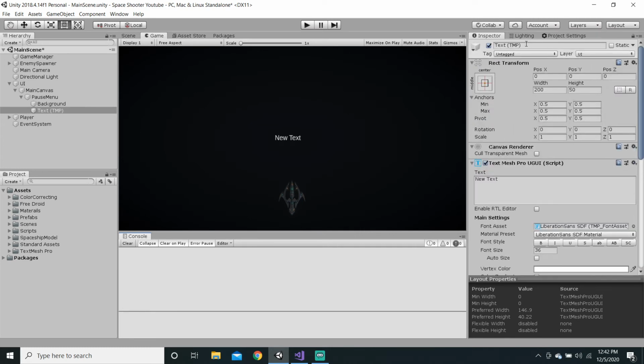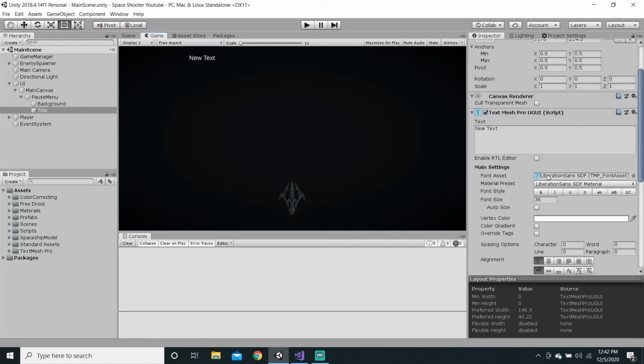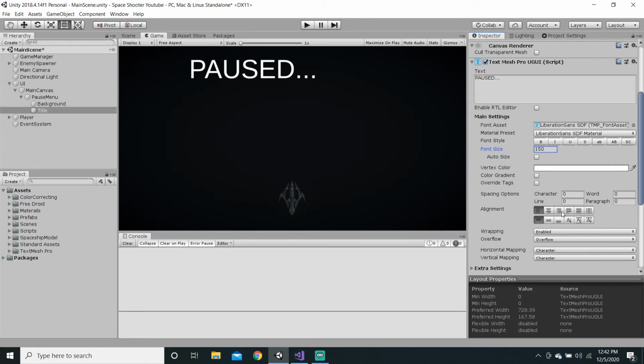So, I will just call this text title. And then I will go into the scene view, stretch this out, and then just place that right there. Okay. I want this text to say pause. I'll set the text size maybe 150. That looks good. Then I will set the alignment